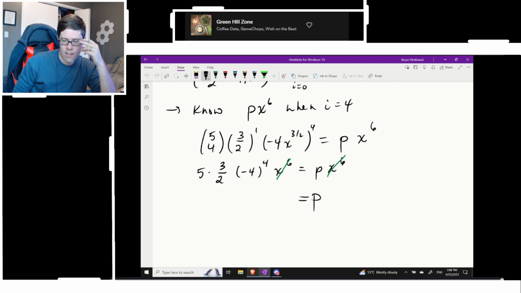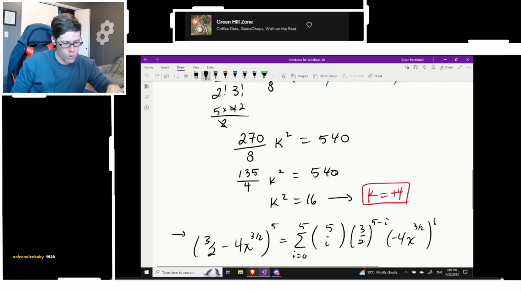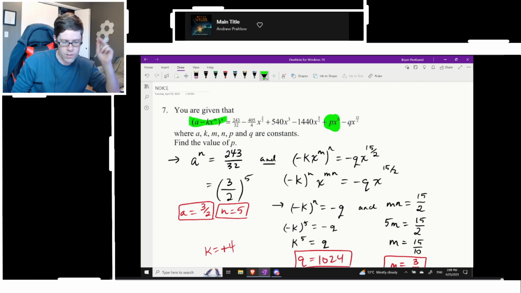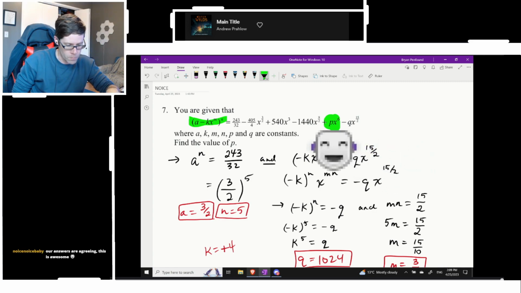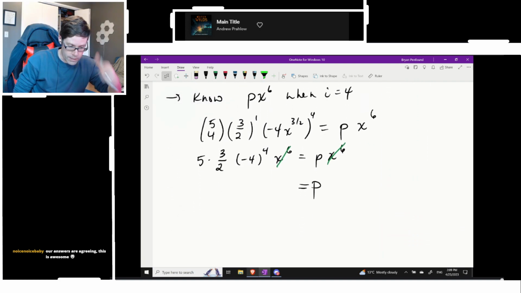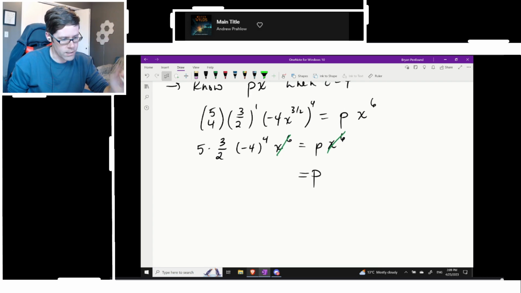Yeah, I think that's kind of this. That's at least a strategy that made sense for me. It was kind of picking one of those middle terms, trying to solve for some of your other parameters, and eventually work your way over to p. Because in order to use the binomial theorem here, to find this term over here, we need to know what all of these parameters are: a, k, m, and n. If we happen to know all of those, then it's relatively straightforward to find the value for p using our formula. So that's why we spent a lot of time at the beginning trying to get some of these parameters. Because if we do have them, then it becomes pretty nicely determined what these other parameters P and Q should be.